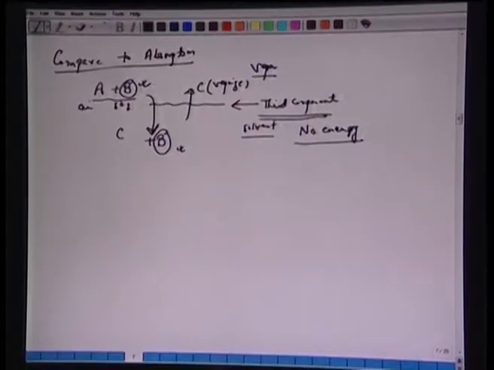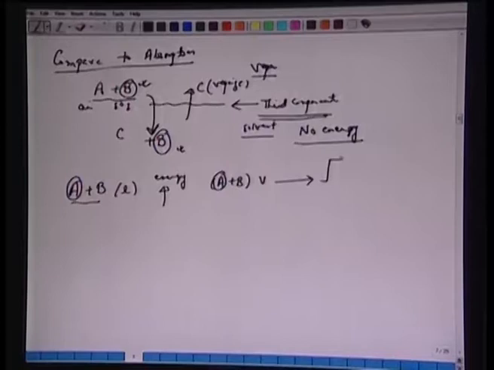In the case of distillation, we have A plus B as a liquid phase, give energy to bring A plus B as a vapor phase, no third component, but now A will be richer than what we have in the liquid phase, and slowly if we do this, it is possible to obtain theoretically 100% pure A and 100% pure B. Unlike in absorption, where only one stream can be pure, deprived of the sulfur dioxide, but the other phase is rich with B. So, that is the difference between absorption and distillation.